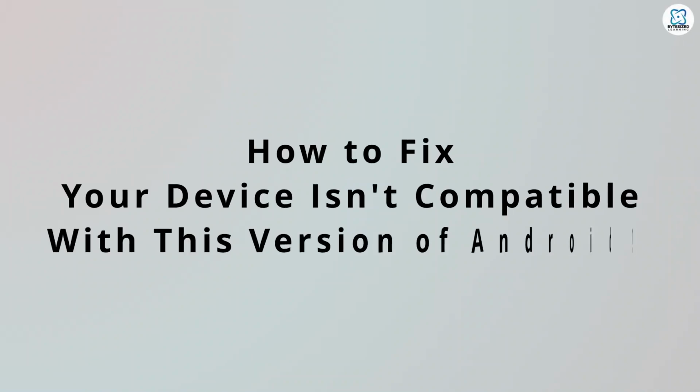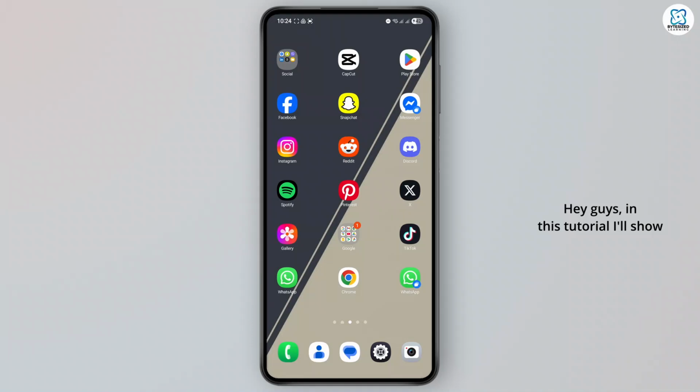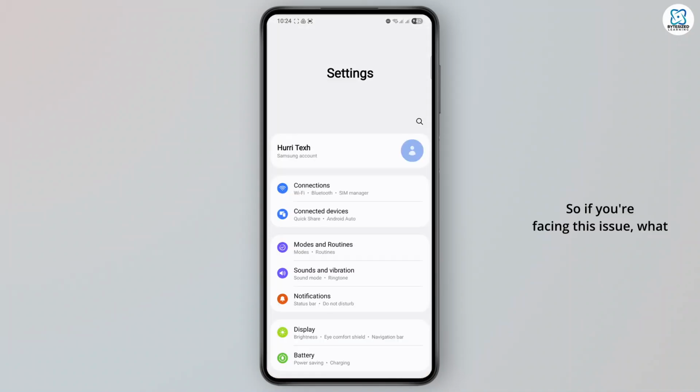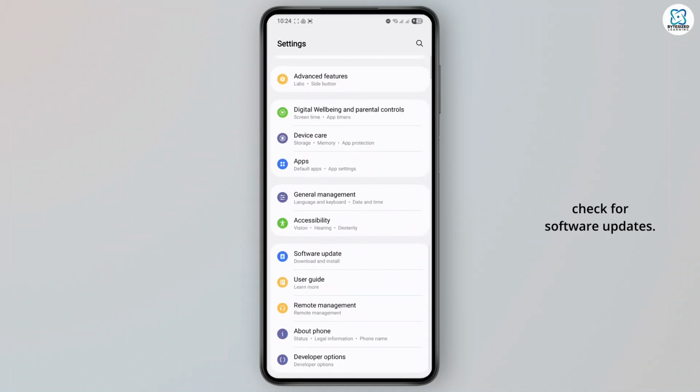How to fix your device isn't compatible with this version of Android. Hey guys, in this tutorial I'll show you how you can fix this problem. So if you're facing this issue, what you basically need to do is check for